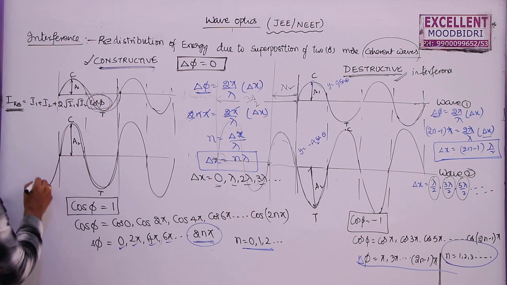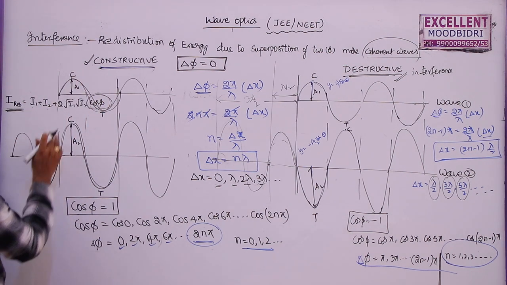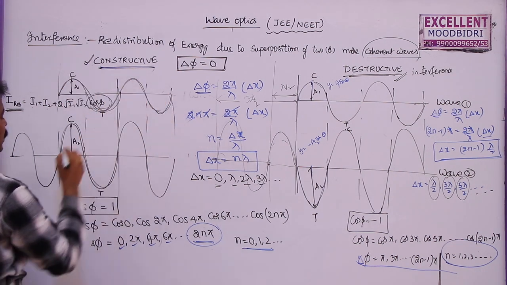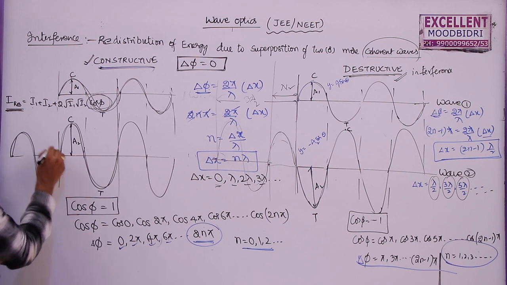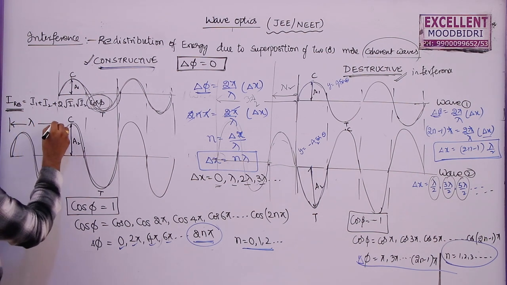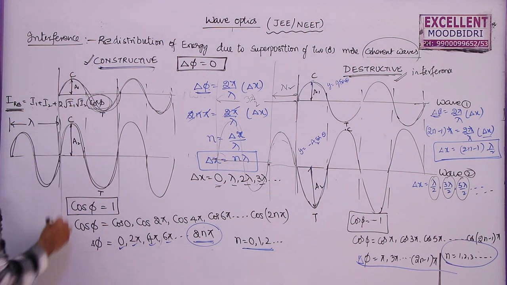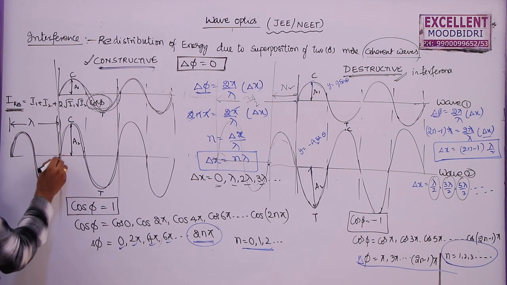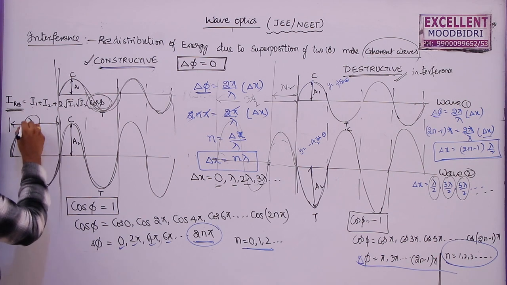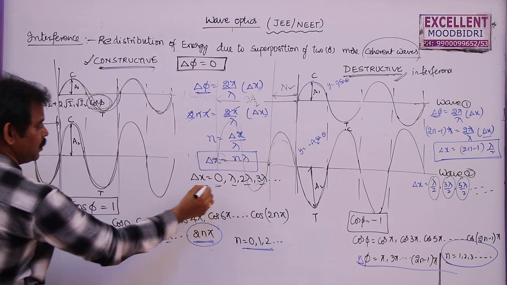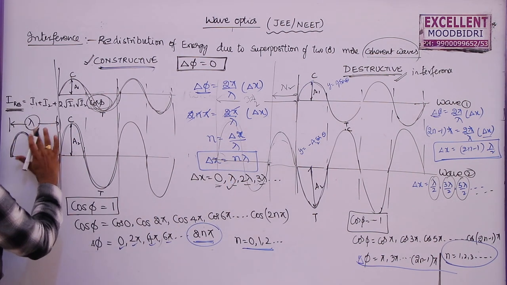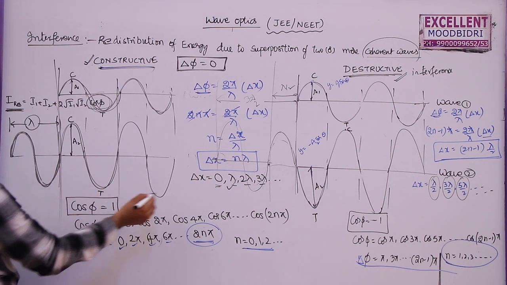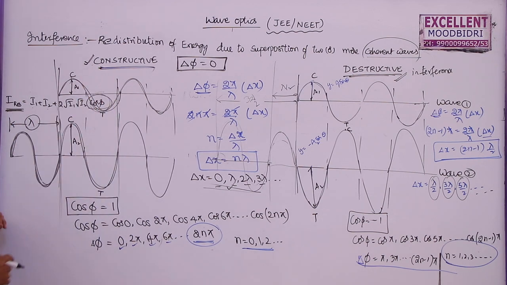Suppose the wave is like this, what is the path difference between these two? This wave is traveling like this, but this wave already traveled a distance lambda before reaching this point. So what is the path difference here? This has traveled 1 lambda path more, so the path difference is lambda. So instead of 0, with this lambda, or if 2 lambda like this, constructive interference will take place.